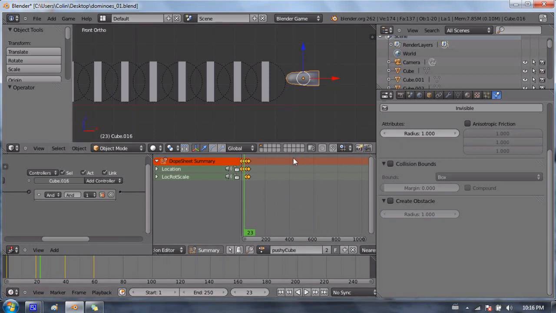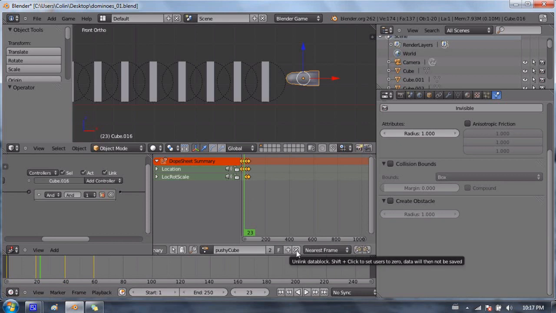If you watched the original part 2, part 15 of my entire Blender series, you'll know that I made a new action, and I don't remember what I called it actually, but that actually wasn't necessary. All I really need to do is unlink this pushy cube action from the finger. So what I'm going to do is press X, and this X is actually not delete. It actually just means unlink data block. So it's unlinking the